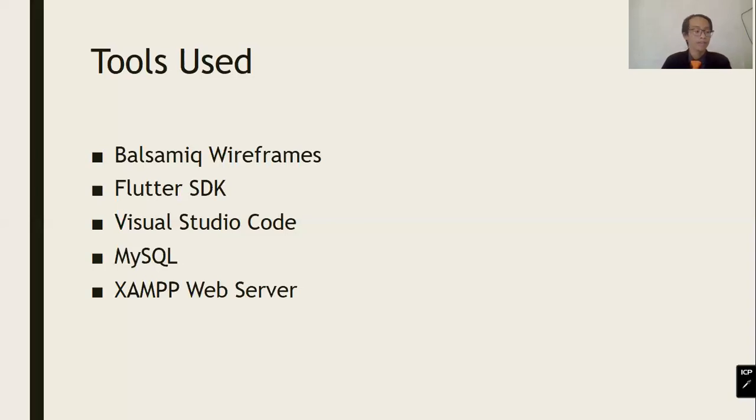And next, as the database, I'm using MySQL because MySQL can be used in both mobile applications and web applications. I'm using MySQL rather than SQLite because I can connect my web application to the MySQL database, which shares the same data between the web application and the mobile application. And next is XAMPP web server. I'm using this web server to simulate the server of my database, so that I don't need an actual server to host my database.